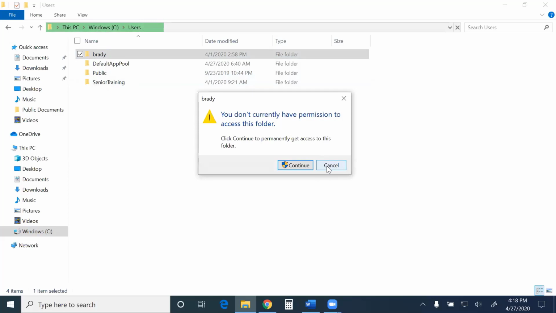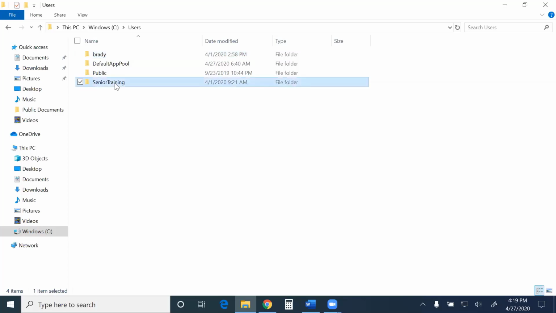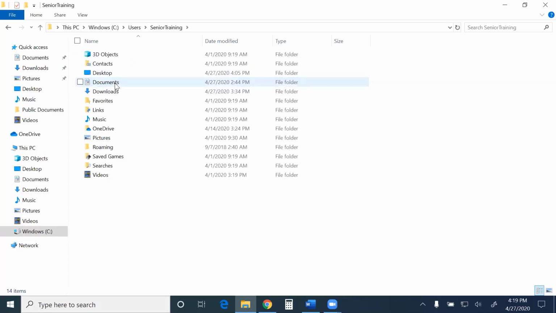Now, there are some steps that you can take if you're an administrator on the computer to get around that, but for the most part, it's going to segregate your files based on who's logging in. Now, when I actually go into, for example, senior training, I'm going to see many of the same things I saw over here on the left side of the screen.